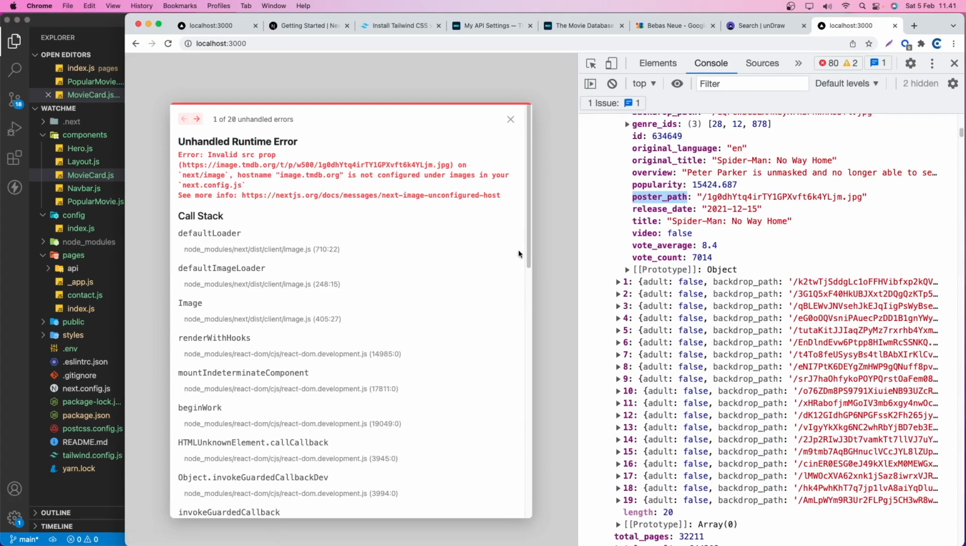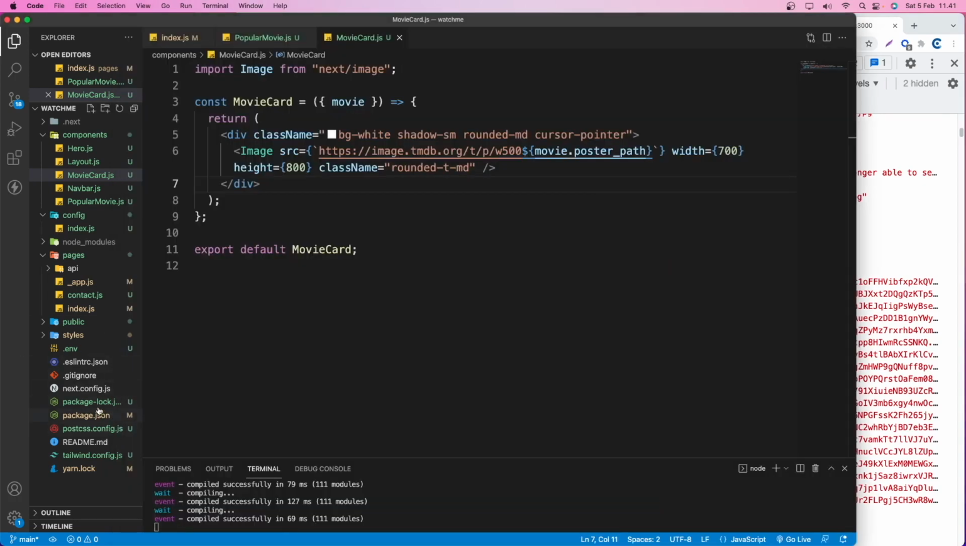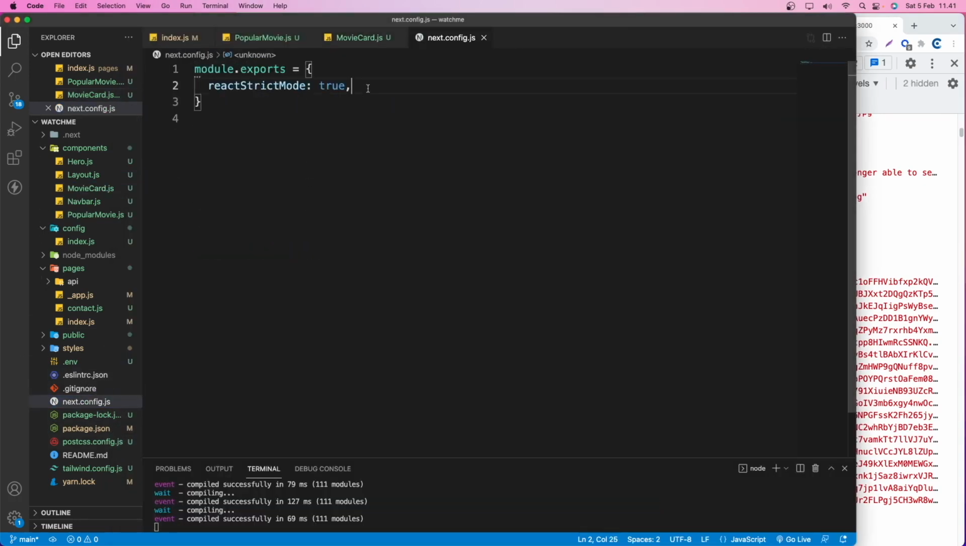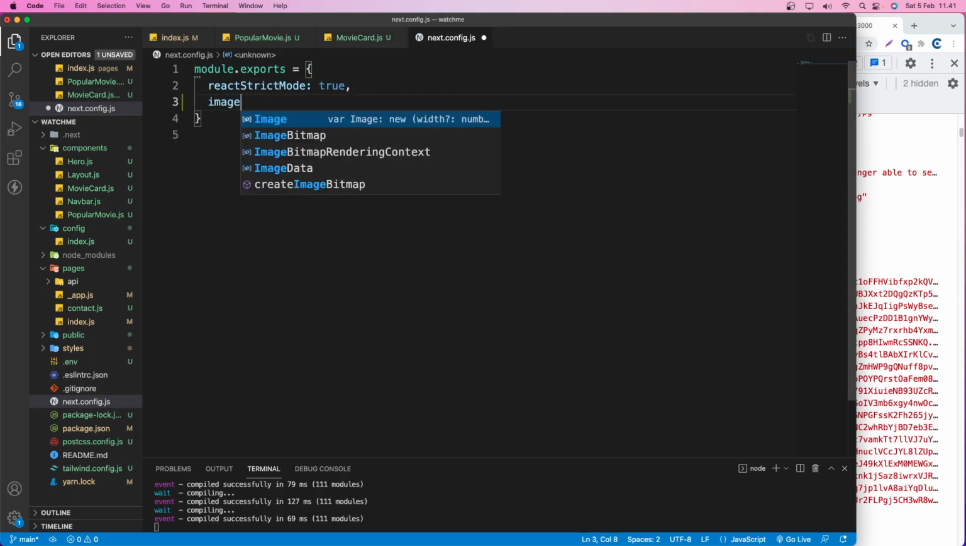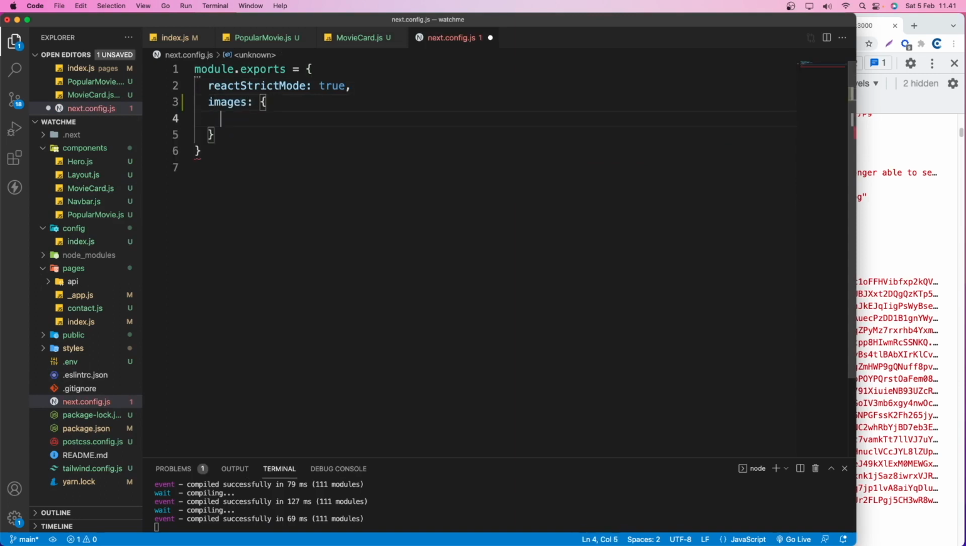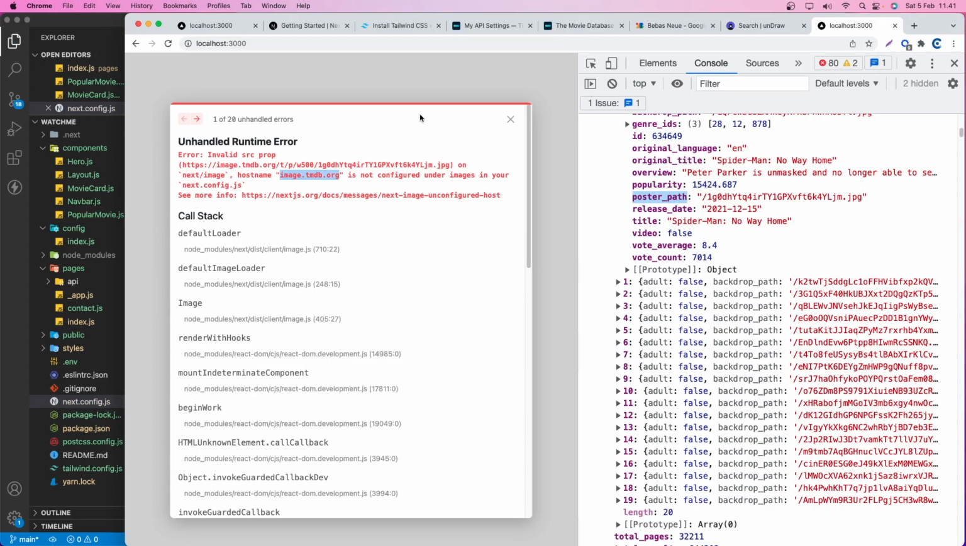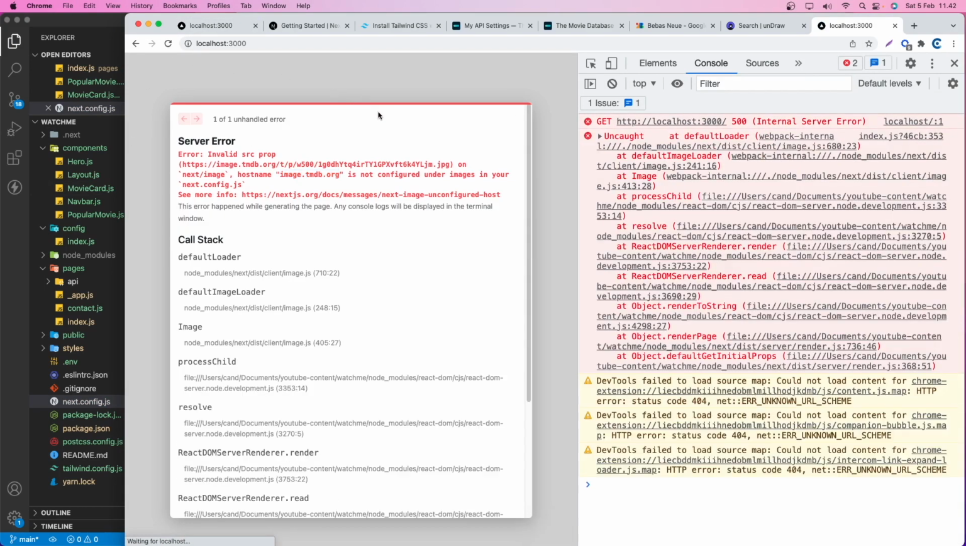In Next.js, if we want to use an external image, we need to set up the Next.js config. Here we need to say images, and in here we need to add the domains. Okay, this domain is basically image.tmdb.org, which is here. Okay, so now if I refresh, we should see